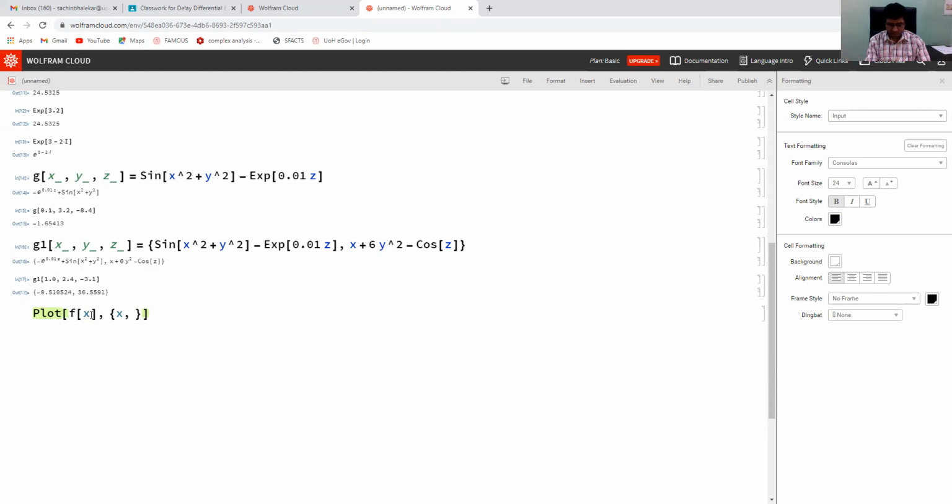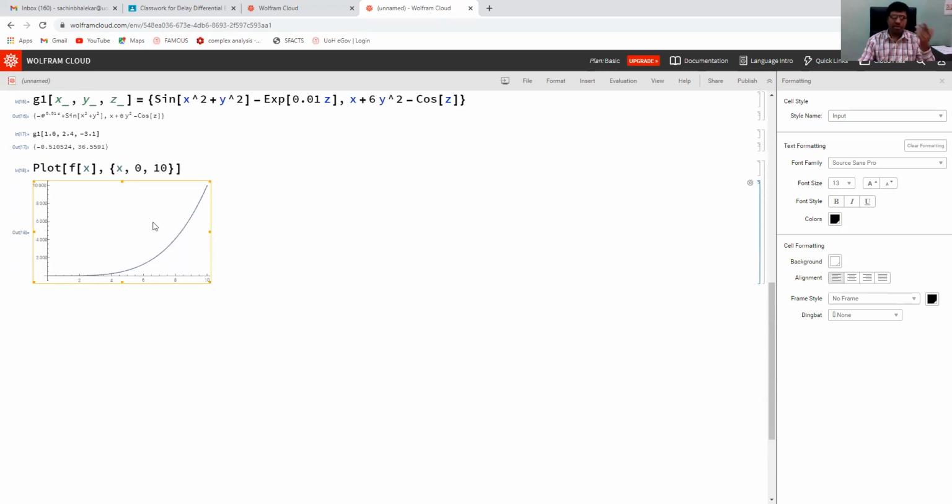Say x is from 0 to 10, for example. We will change this range as per our requirement and then run. You may use the command Evaluate Cell.